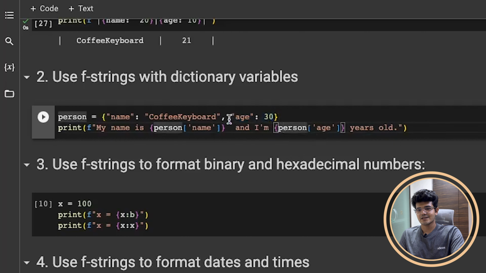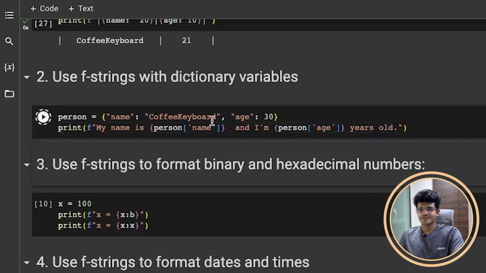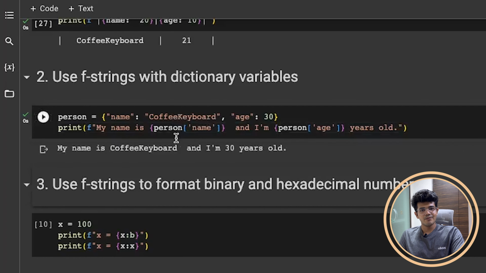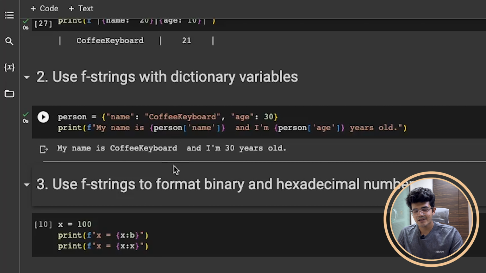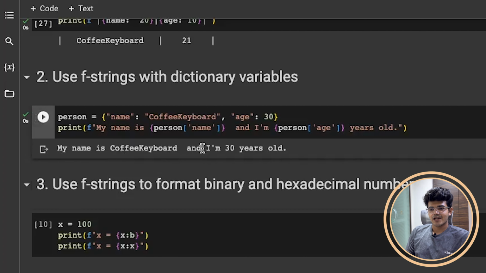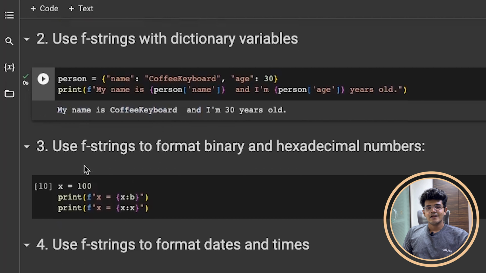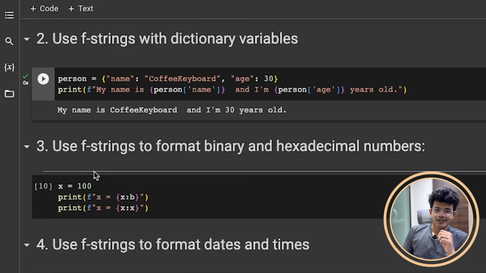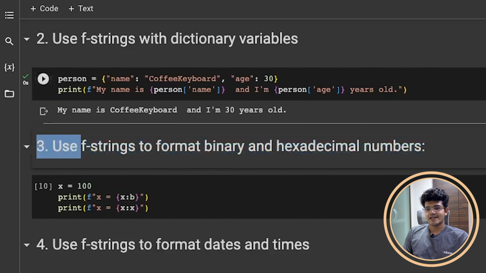So person age is this variable right over here, and let's try running this. This would be your most used example, where you could utilize F-strings at their most. So my name is coffee keyboard and I'm 30 years old, right? That's pretty simple. Let's move on to the third use case, which is use F-strings to format binary and